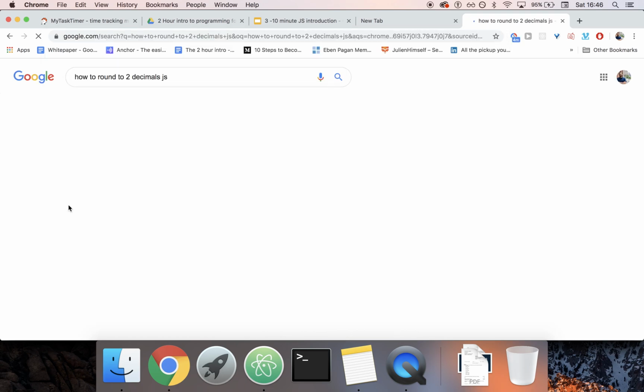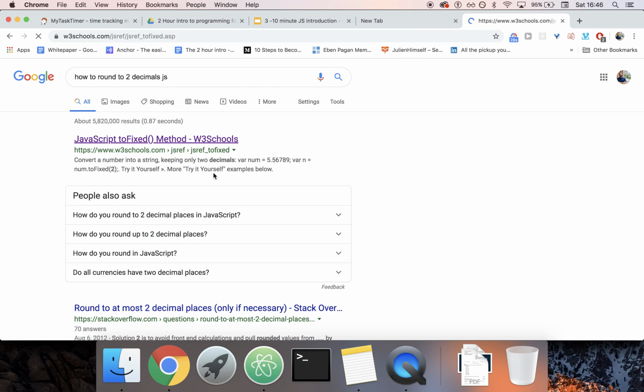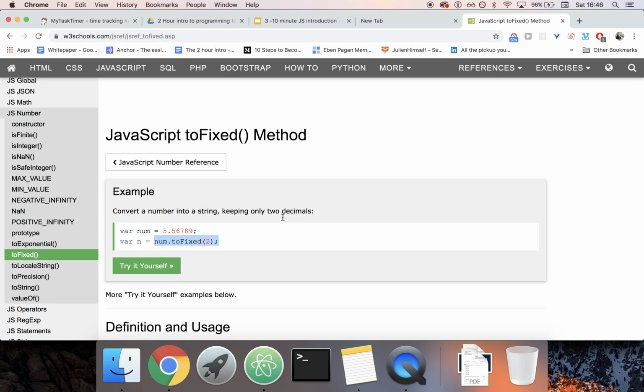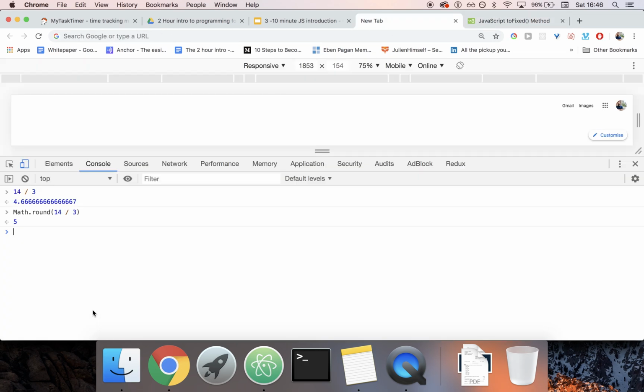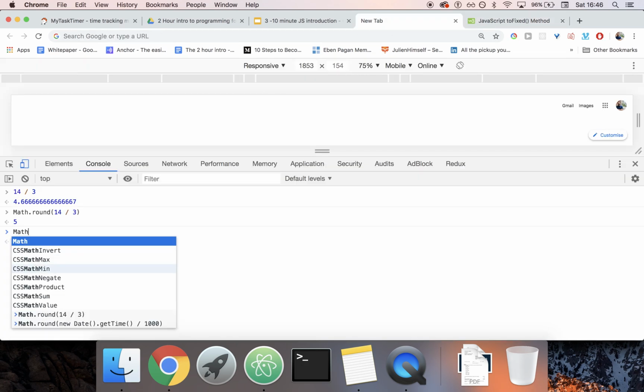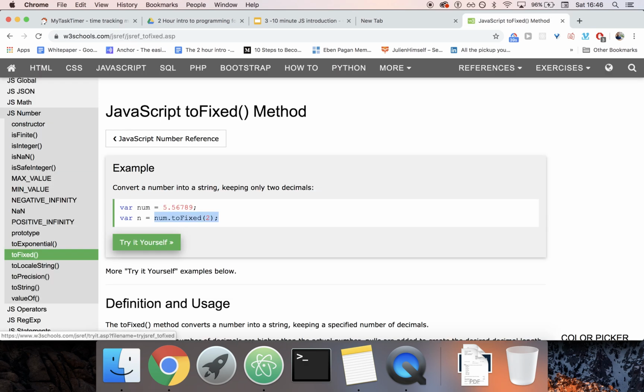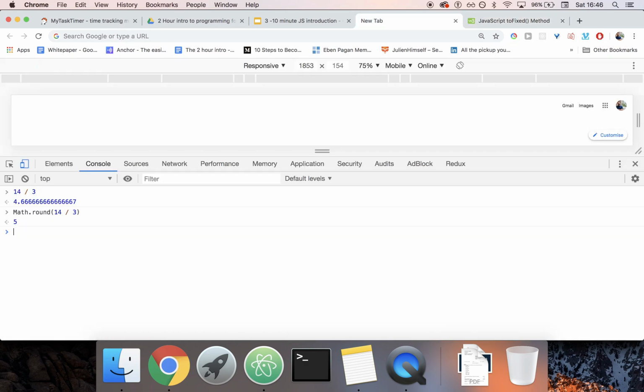I guess I'm going to Google how to round to 2 decimals JS. And I type JS, and I know there's a JavaScript toFixed method. Now I can see the example. The example is give me this weird number, and it's going to turn it into a number with 2 decimals. So what do I do? I try it out. This is how you learn. Math dot, actually, num.toFixed means that it's going to be this way. It's a little weird. Don't worry about it. Dot toFixed